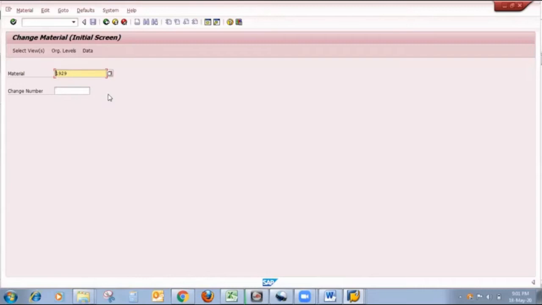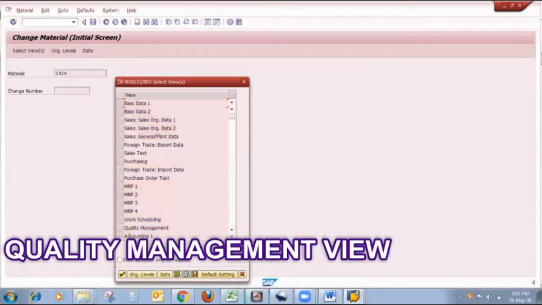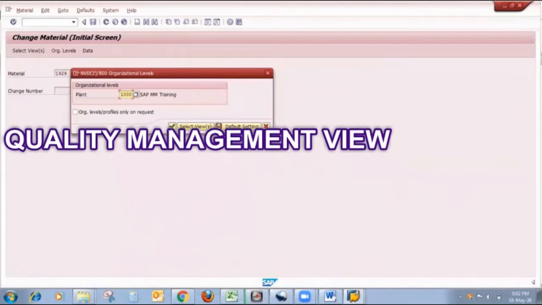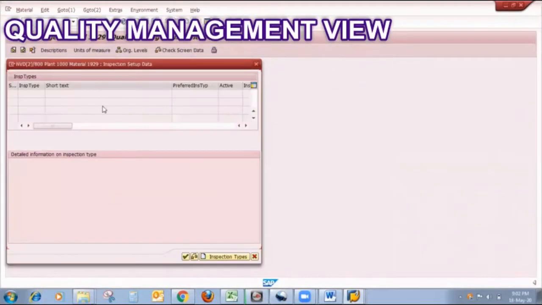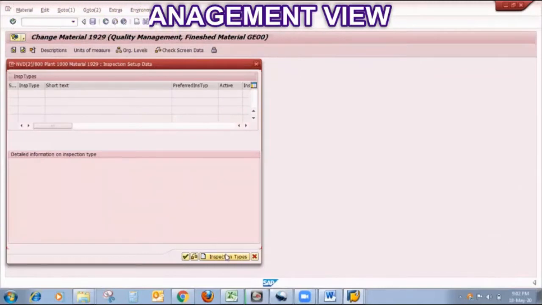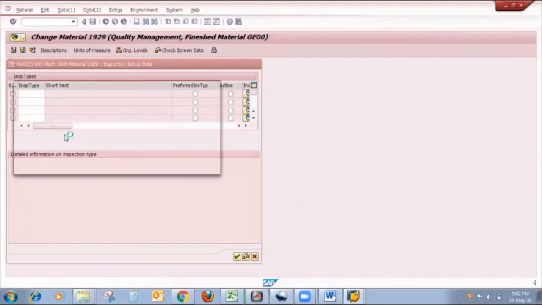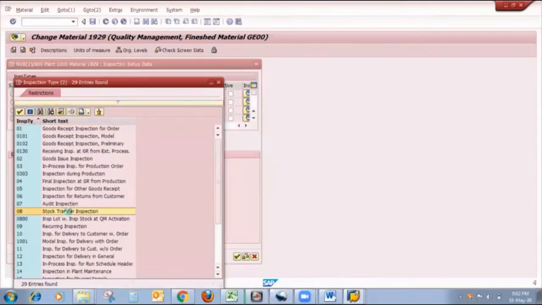My first step is to create the quality management view for that particular material. I select the quality management view, this is my plant. I click on inspection setup. Currently there is no inspection type. Click on inspection type. Here I select inspection type 08, that is stock transfer inspection.